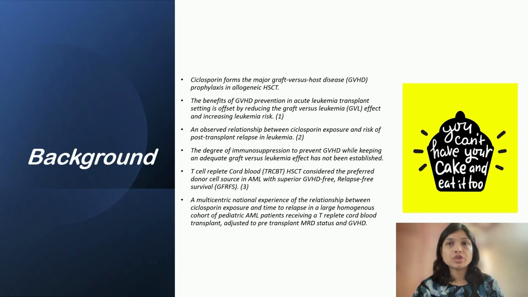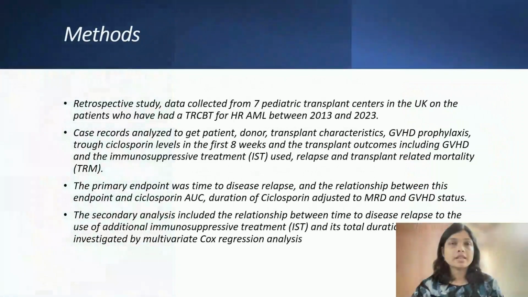a large homogeneous cohort of pediatric AML patients receiving a T-cell replete cord blood transplant adjusted to the pre-transplant MRD status and GVHD. It is a retrospective study and data was collected from 7 pediatric transplant centers in the UK on patients who have had a T-cell replete cord blood transplant for high-risk AML between 2013 and 2023 over a period of